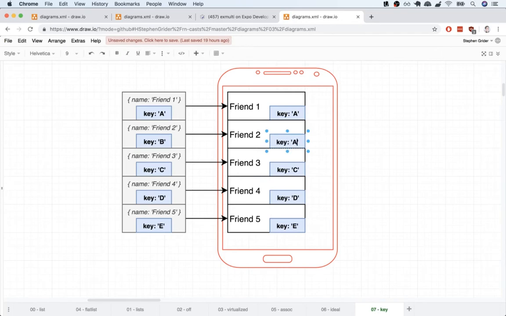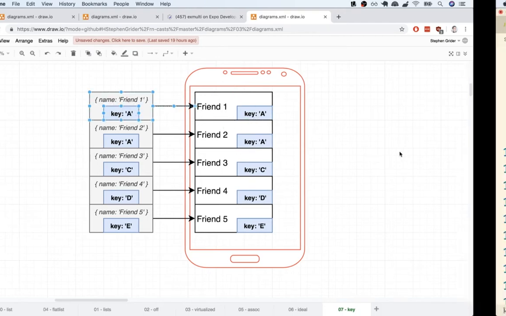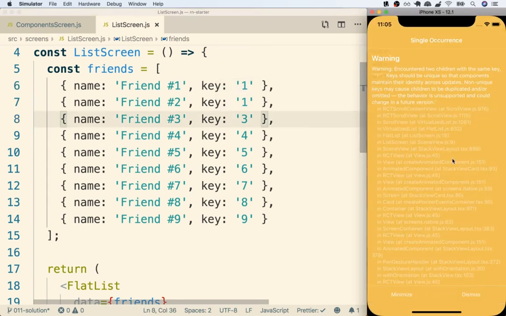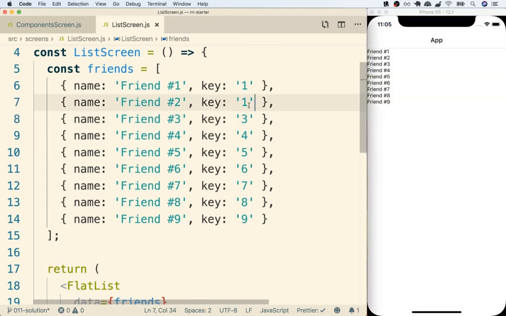So if there are two elements on the screen with the same key and two objects inside of our array, if we now delete one of these objects right here, React Native is going to say, hey, well, now there's no longer a key of 1 appearing twice, so which one of these two should I delete? And it gets really unclear to React Native as to which one of these it should clean up. So let's try this out. I'll save this with the two identical keys, and you'll very quickly see a warning message here that says two identical keys of 1. And it tells us very distinctly these keys have to be unique. Okay, so I'll change that back to key 2, and the warning goes away. Very good. All right, so that's method 1 of defining our key prop.